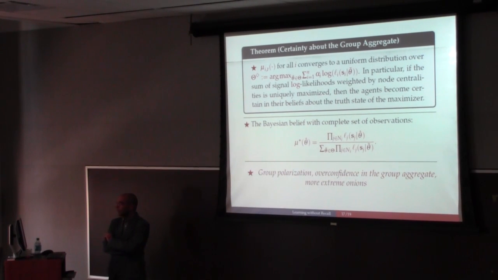You get the weighted maximum likelihood estimator. The weights would be equalized in very symmetric structures. For example, if the graph is degree regular, so everybody talks to the same number of people and hears from the same number of people, and balanced, then in such highly symmetric structures, everybody would have the same centrality, and the beliefs would be concentrated on the maximum likelihood estimator. In that sense, those highly symmetric group structures are more efficient.